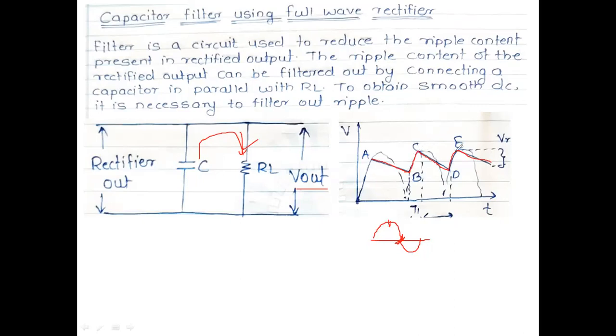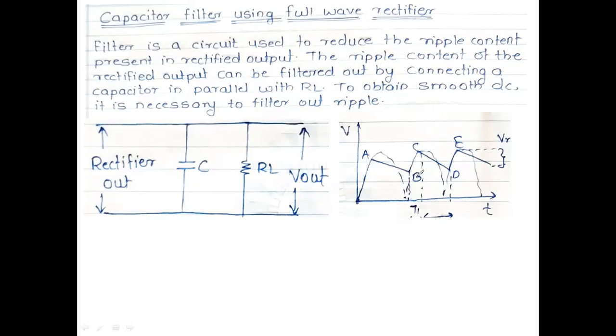Charging, discharging, charging, discharging. So the output current is coming to 0? Output current is coming to 0, is it? No, it is not coming. No, sir. So from A to B, 0 to A, this capacitor is charging here now.